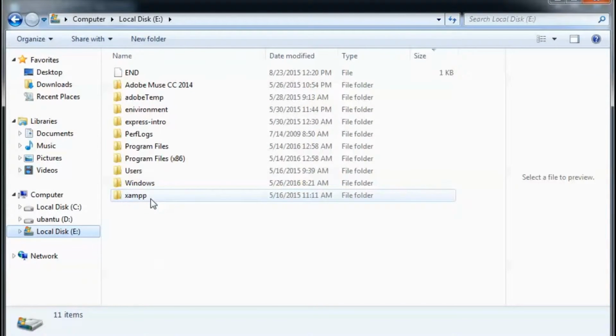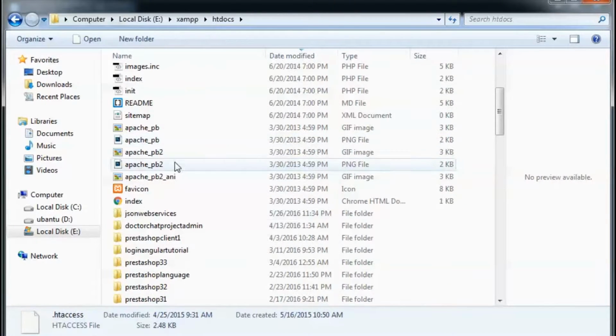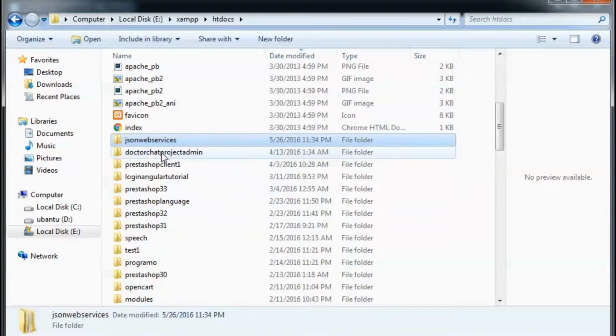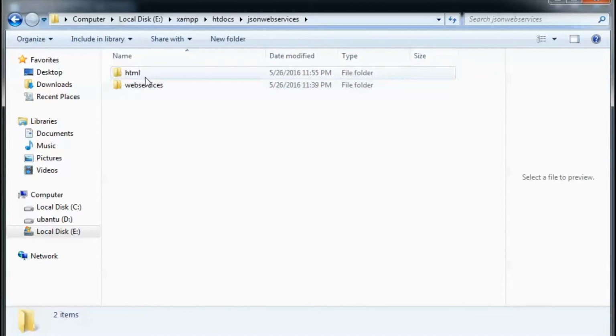I'm going to my XAMPP folder, then htdocs, and here's the JSON web service tutorial folder. In case you want to look at how I created this JSON web service folder, you can check the previous video, part 1, and get the full information.